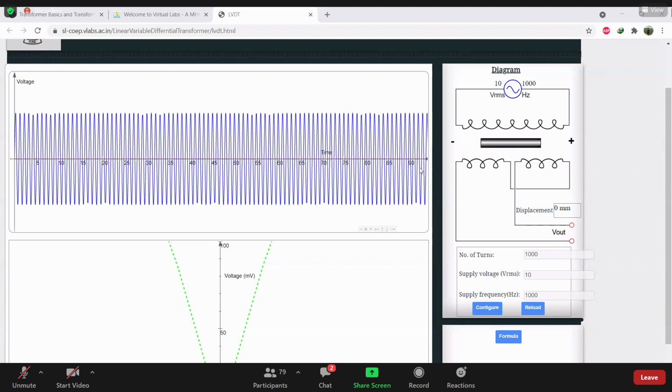Sir, if we move the battery to the positive terminal,